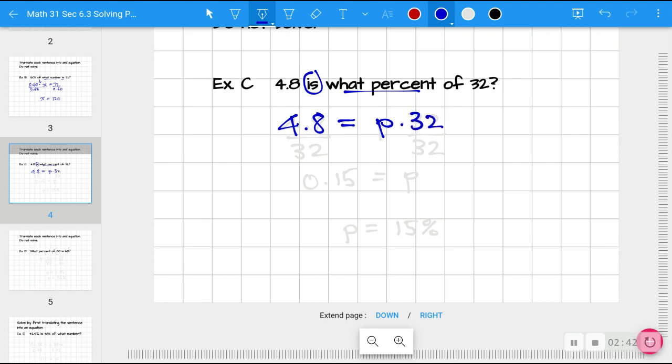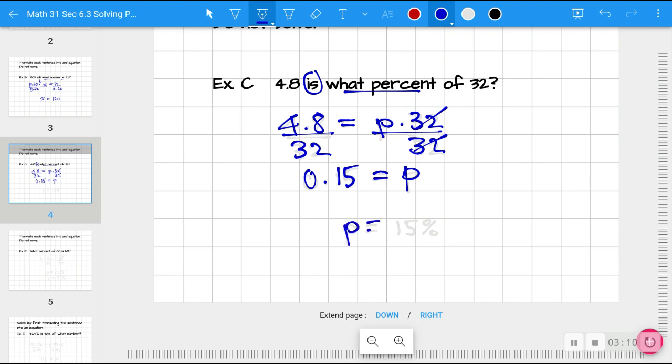Now we're trying to unbury this variable, P. So we'll divide both sides by 32 to cancel it off that side. We don't want it over there. And we have P equals 0.15. Your calculator will tell you that if you type 4.8 divided by 32. Now here's the extra step. When it's a percentage, you have to convert back into percentage format by moving your decimal to the right and